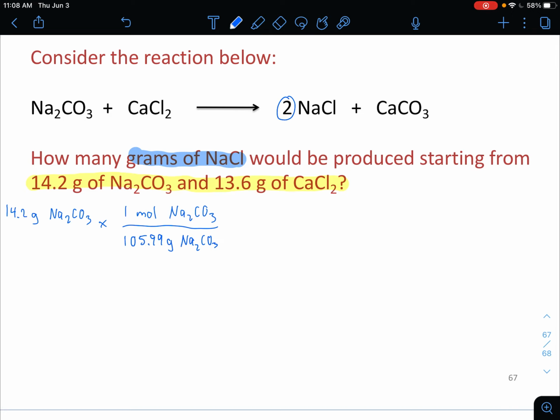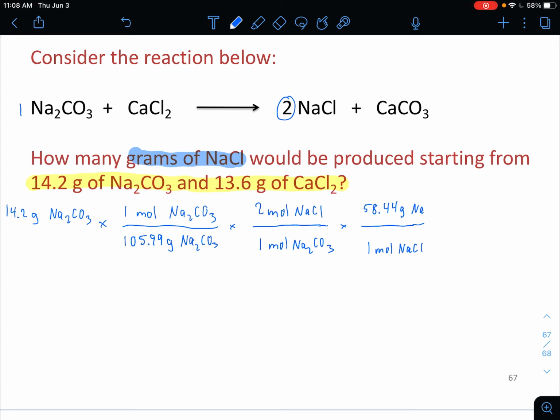It's 2 sodium chlorides for every 1 sodium carbonate, so 1 mole Na2CO3, 2 mole NaCl, and then reporting my answer in grams, 1 mole NaCl,